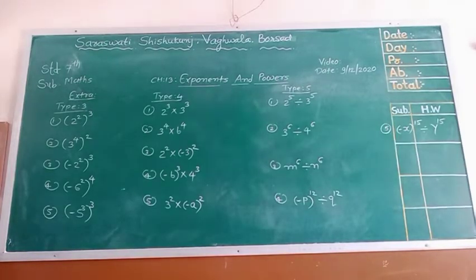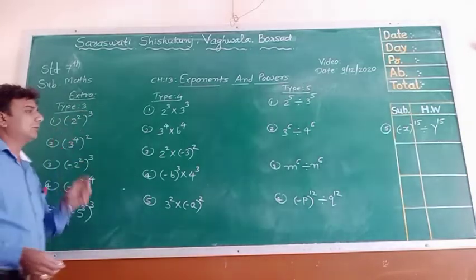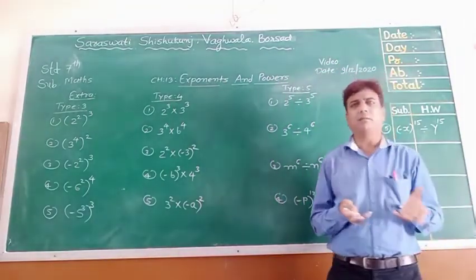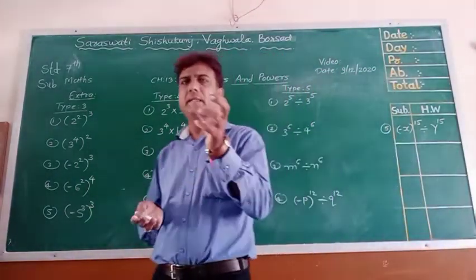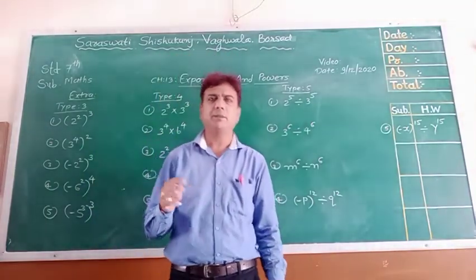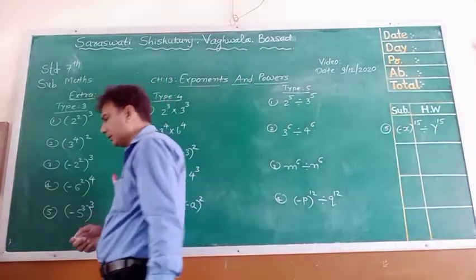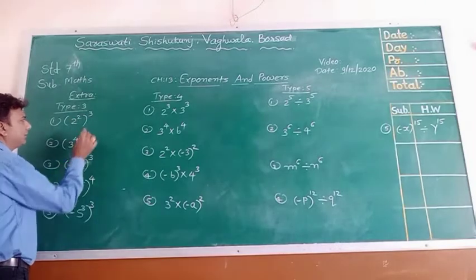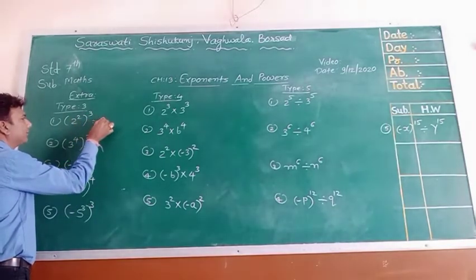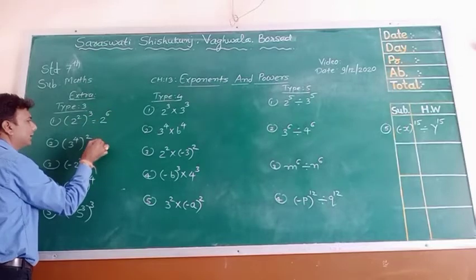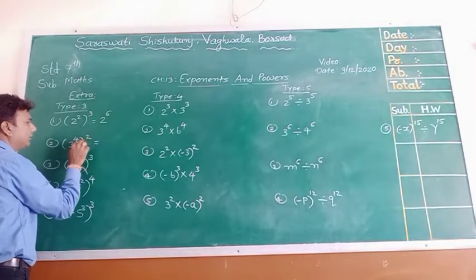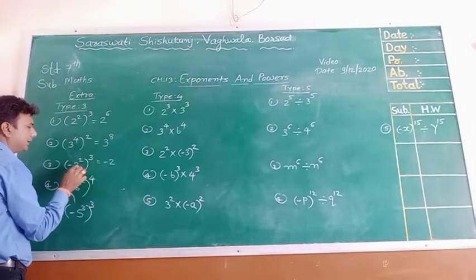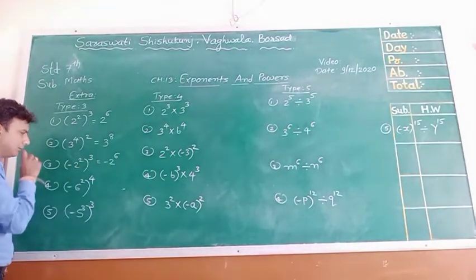Now in type 3, we will apply our third number rule. In this third number rule we know power on power means any base and its power given and a whole bracket power given, that means we have to do multiplication of those powers. So here 2 raised to 2 and whole bracket 3 given, so simply we will do multiplication, 3 2s are 6. 3 raised to 4 and 2 given, so simply 4 2s are 8. Minus 2 as it is and 3 2s are 6.